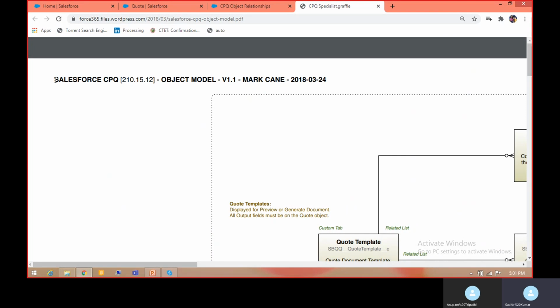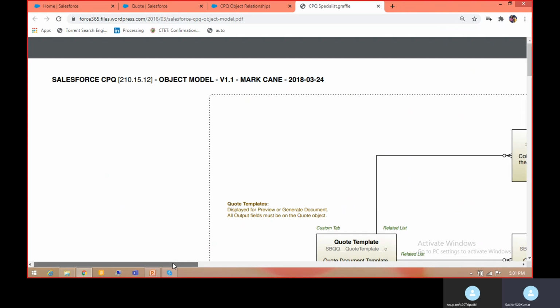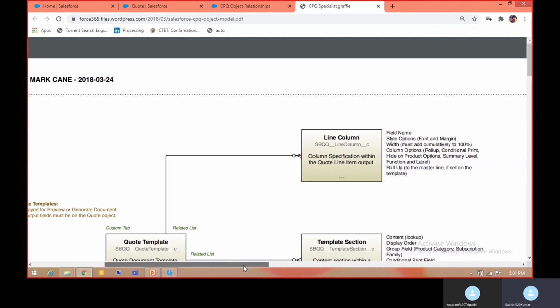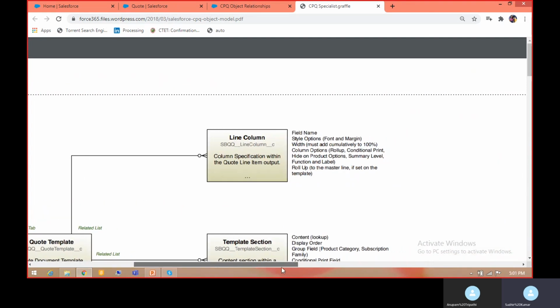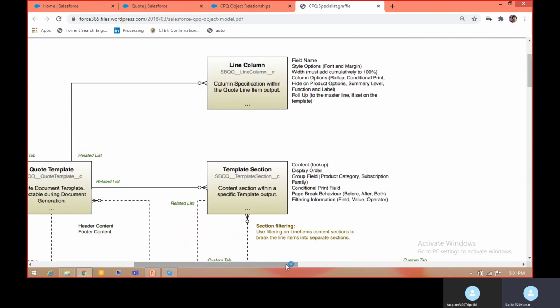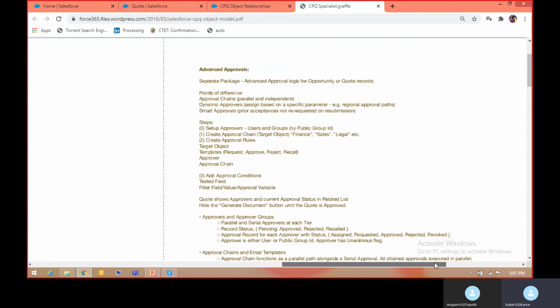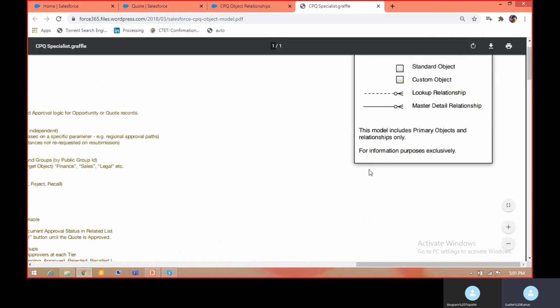This is the Salesforce CPQ object model prepared by Mark Kane. I really appreciate his effort. He explained very well the whole set of objects and the relationships between them, and he has divided it into parts which we will be discussing in our upcoming sessions.